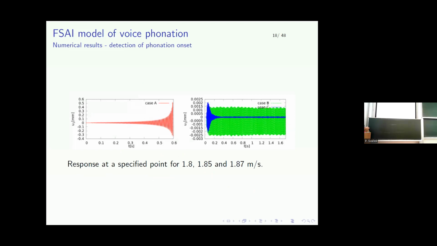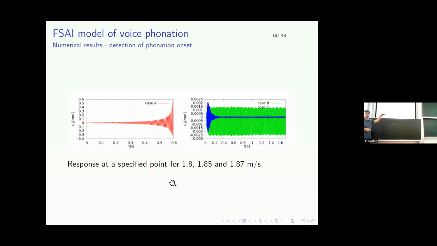So this is the result of Jan Volášek, where we tested the aeroelastic response of the vocal fold to the interaction with the airflow, and how this interaction changes with increasing flow velocity. These flow velocities are chosen in a physiological region where it is known how much air comes out of the lung to produce speech. So we need to be in a good region, and this corresponds to this region, and we can see the response